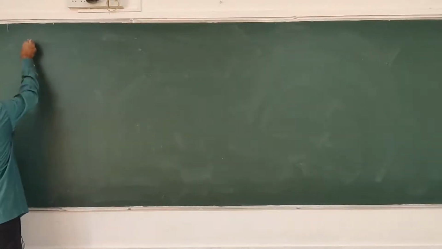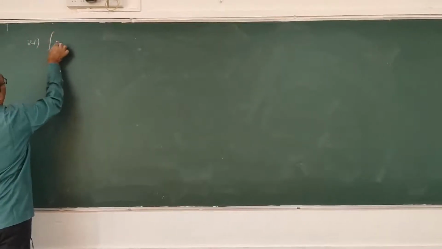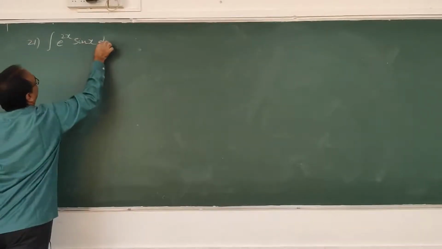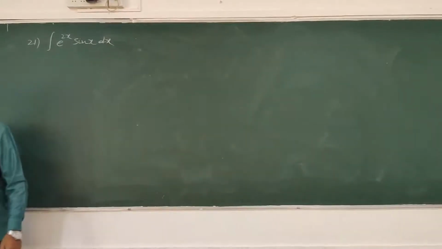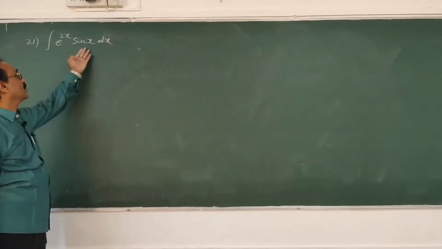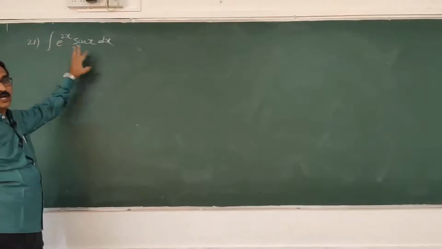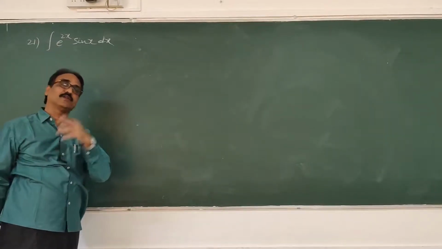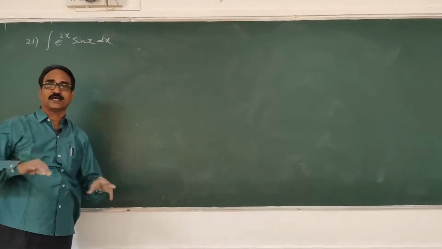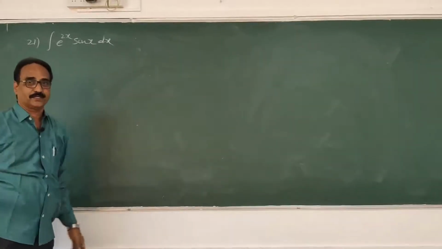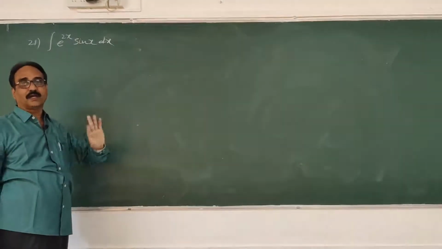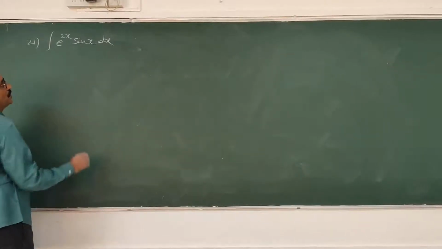You see problem number 21, what is given? Integral e to the power of 2x into sin x dx. Now, which one will I take as the function? This is also integrable, this is also integrable. Both are non-diminishing. So if you do by parts, you keep on getting sin to cos, cos to sin, sin to cos, cos to sin, e power x, e power x, e power x. That's why whenever both are integrable, both are differentiable and non-diminishing, at that time what you have to do means,